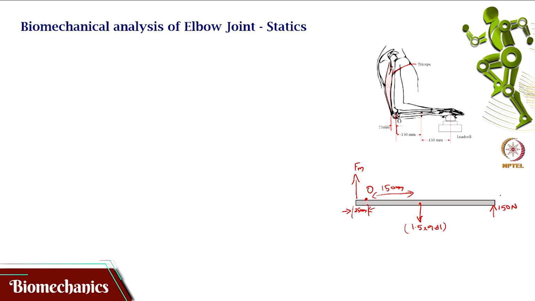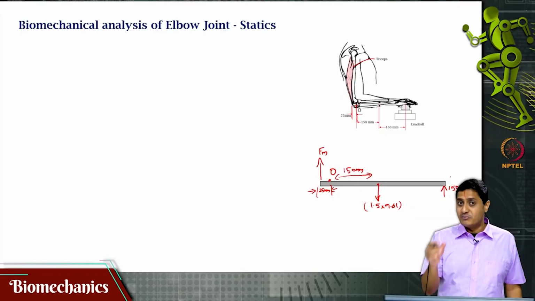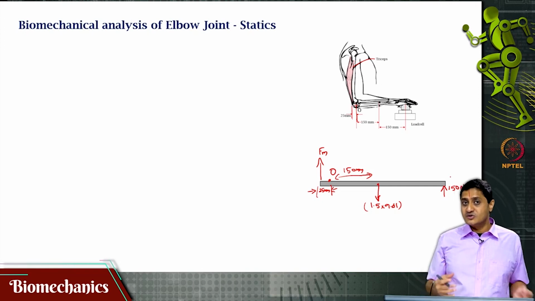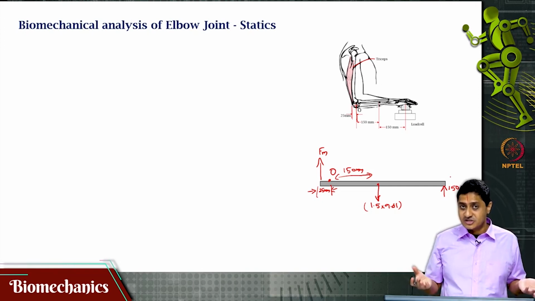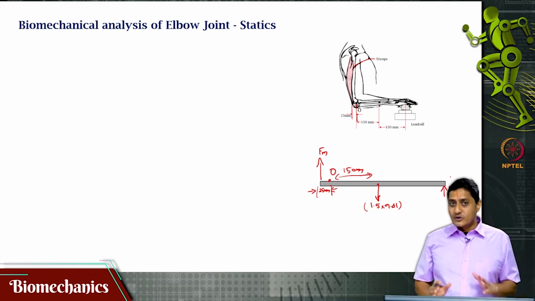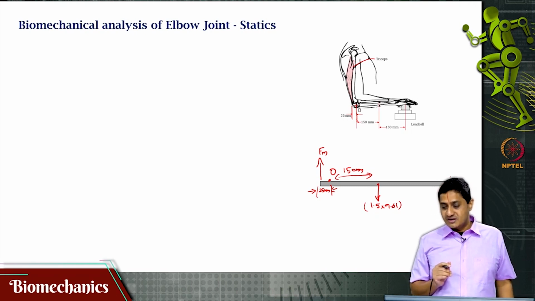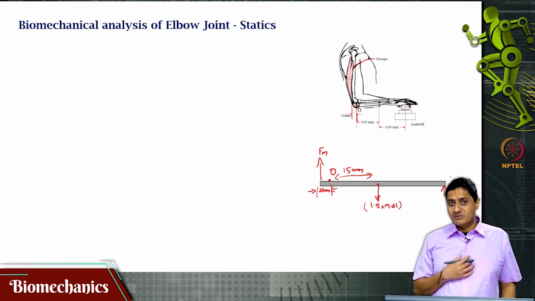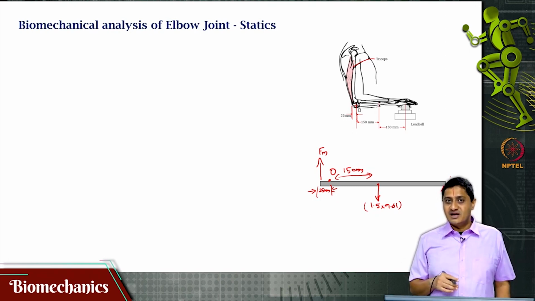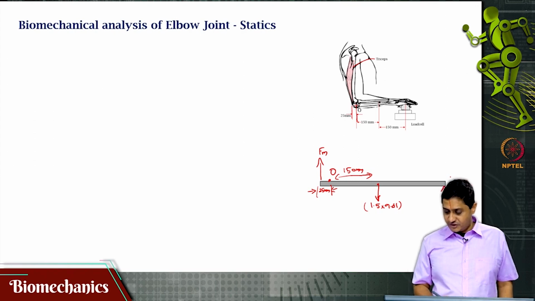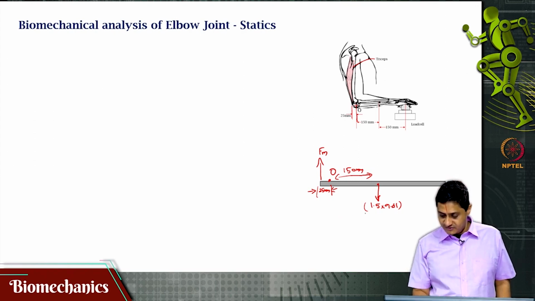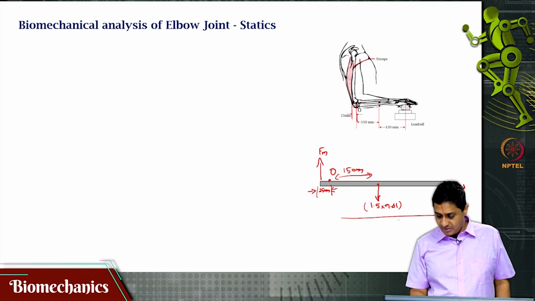So, the force that I am applying on the load cell is not relevant here. Because the load cell is not accelerating in any direction, I know that it is applying a reaction force of 150 newtons on the arm, and I am drawing the free body diagram of the arm. When I remove this contact, I will get this reaction force of 150 newtons, and that is happening at a distance of 300 mm